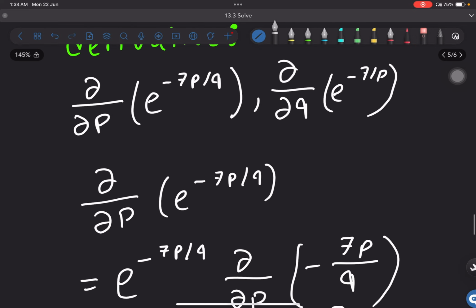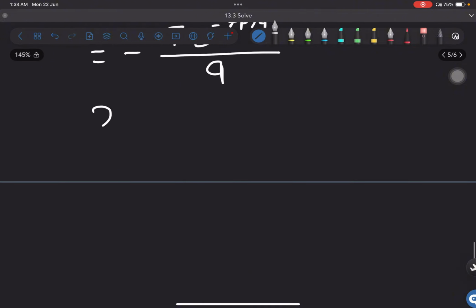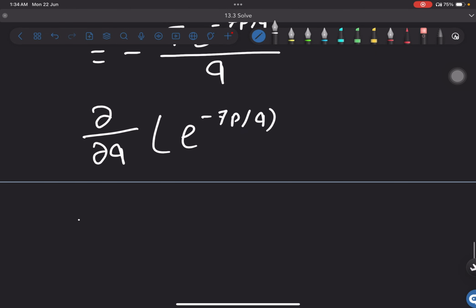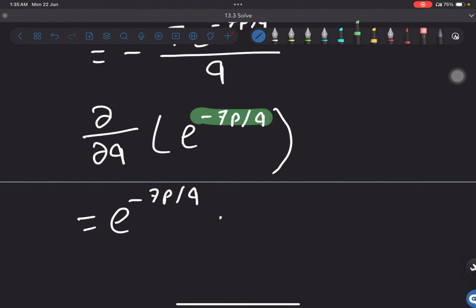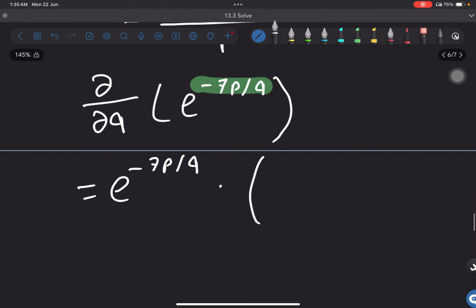I hope you'll understand a bit more when I try to do the same math for q, which is del q of e to the power minus 7p by q. So what happens? E to the power minus 7p by q remains e to the power minus 7p by q. Now, when we try to differentiate this part now, it becomes minus 7p,